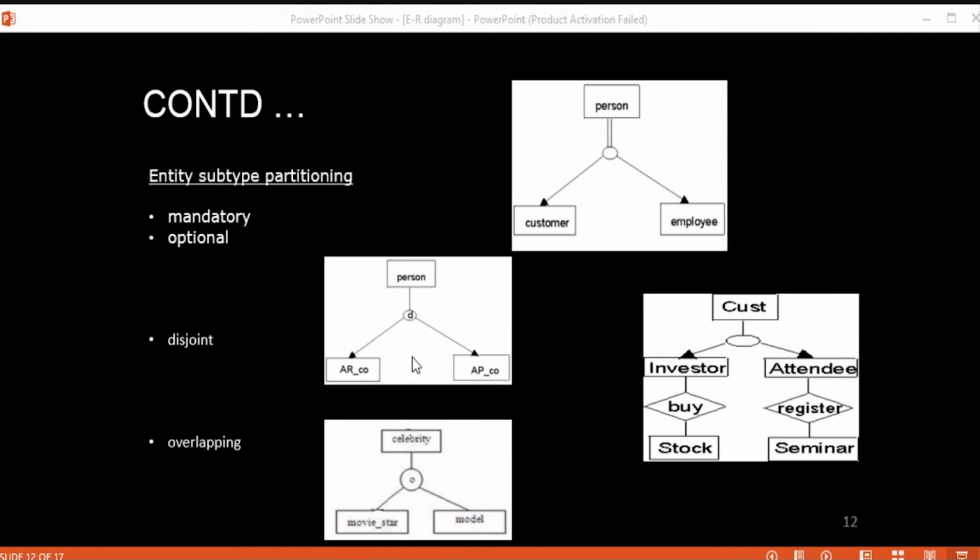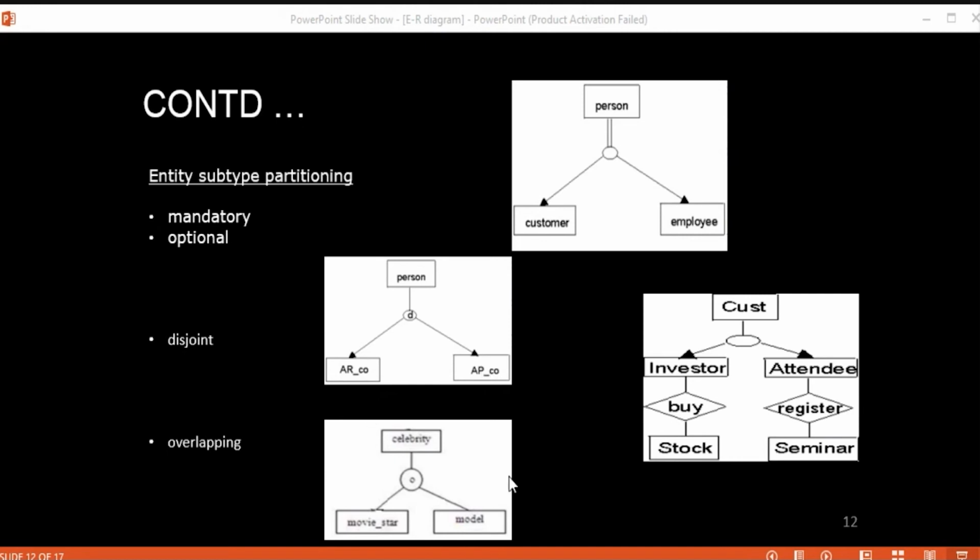If this had been overlapping, then it would be O here, which means we can classify that company, or whatever the entity is, as both this AR_CO and AP_CO.